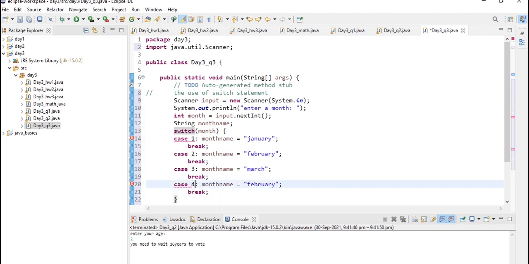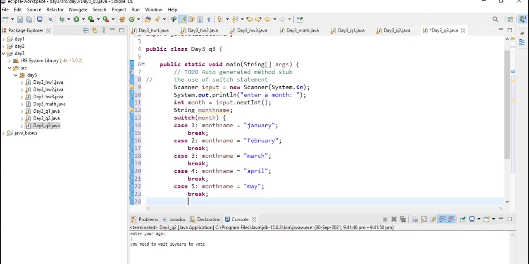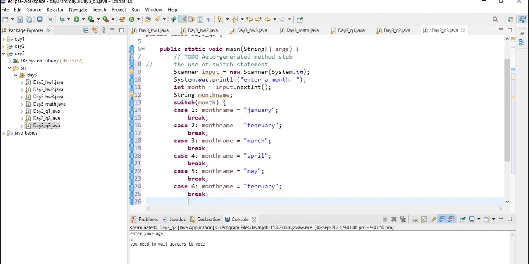Case 4, month name is April, and case 5, month name is May. So case 6, let's paste this, and month name is June.